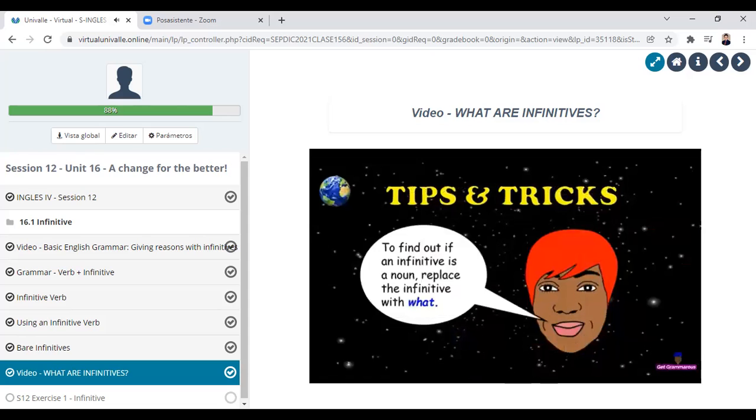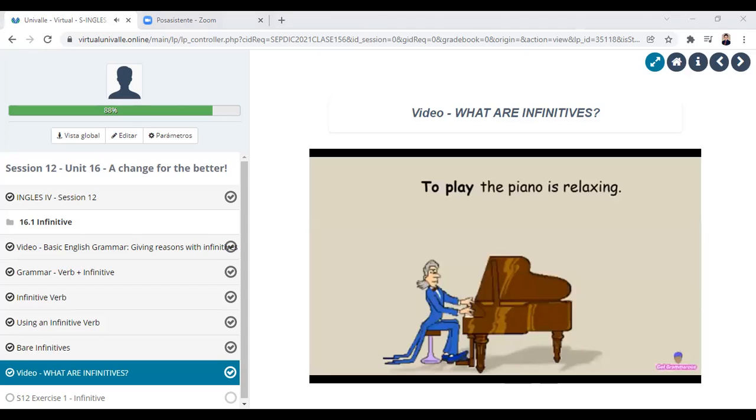To find out if an infinitive is a noun, replace the infinitive with what? For example,